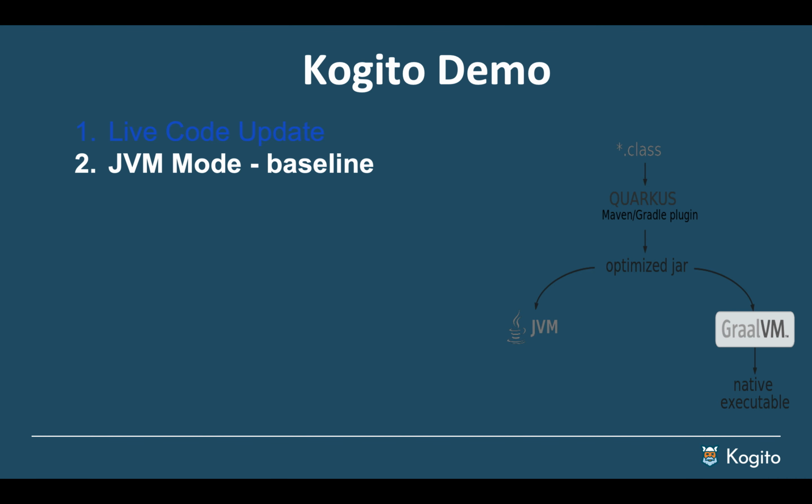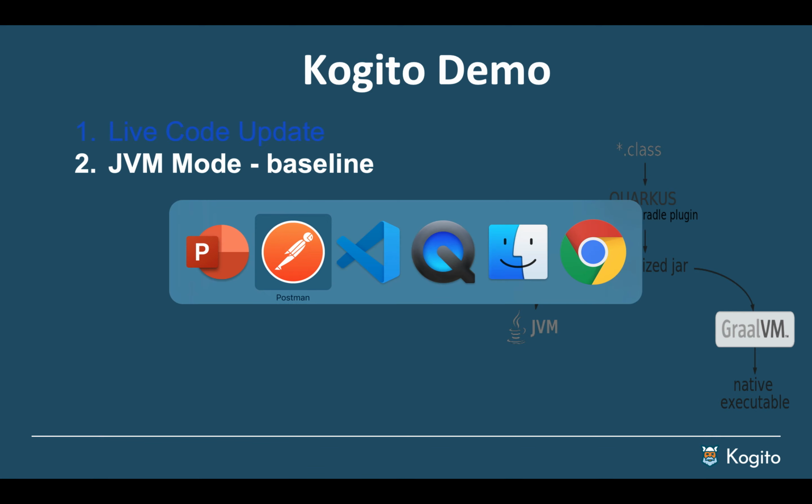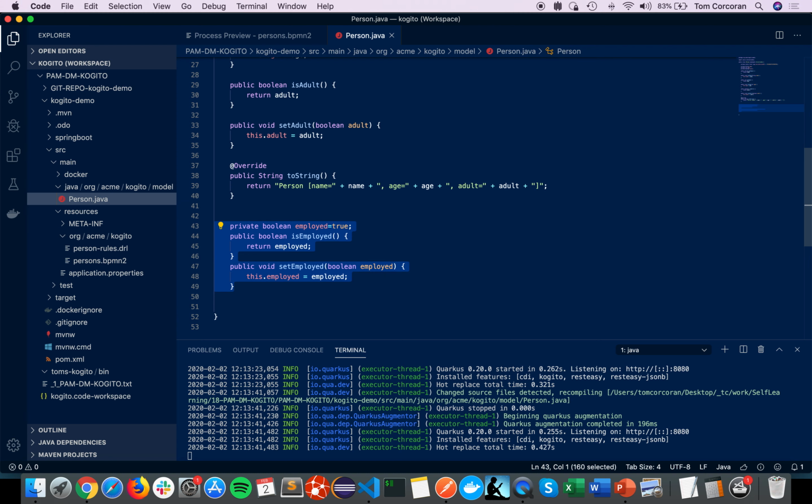So to the second part of the demo. As we mentioned, Quarkus and Kogito provide big improvements over cloud native Java due to their optimizations, removal of dead code, and ahead of time compilation. So what we're going to do is compare this already optimized startup and memory in JVM mode with startup and memory in native mode. So we switch back to our IDE, we cancel out of dev mode,